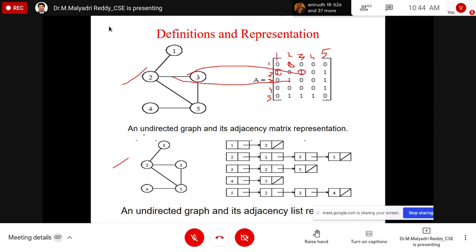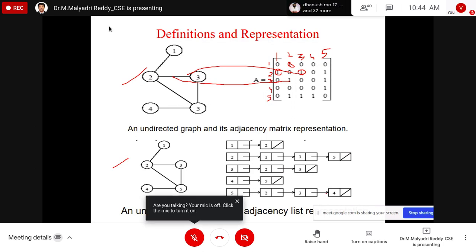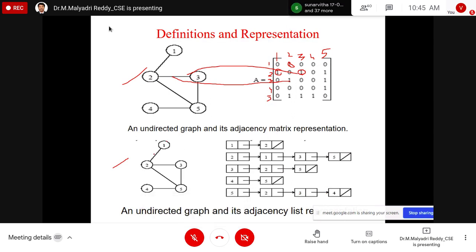Similarly, we have one more format, the linked list. A linked list is nothing but a representation with respect to pointers. A pointer consists of the data of the particular vertex, and the corresponding details are stored in the pointer. Suppose I want to represent vertex 1 and an edge exists between 1 and 2. That means 1 is connected to 2. So here 2 pointers are required.